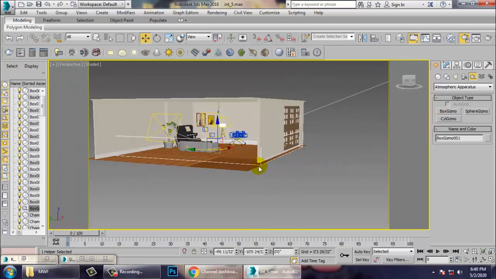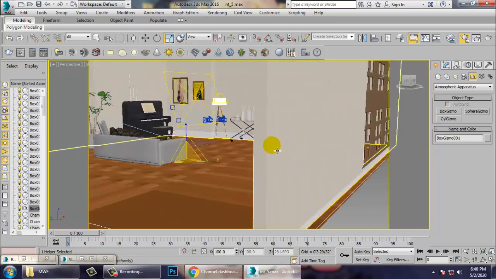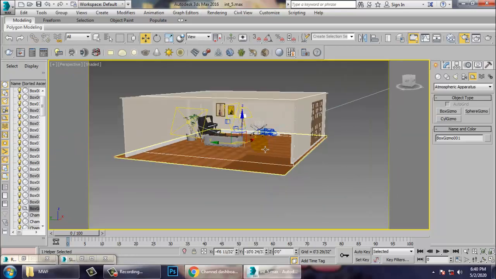After assigning this gizmo over here, we need to go with some of the settings.